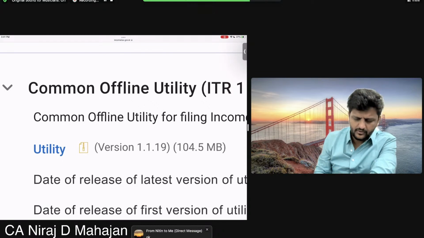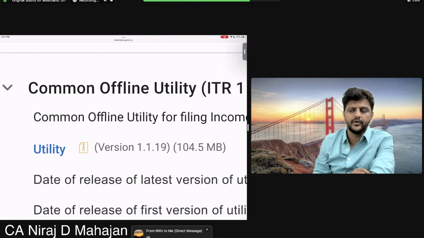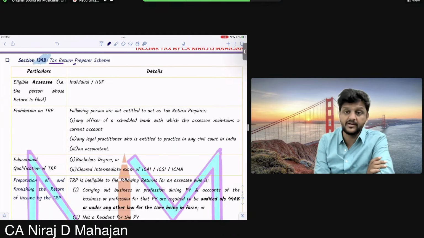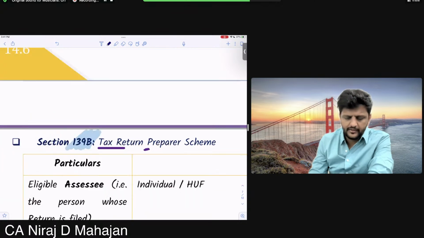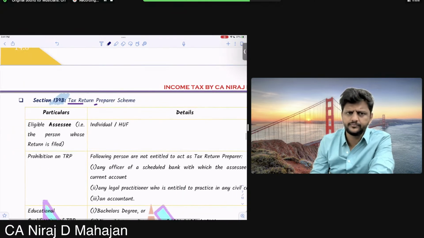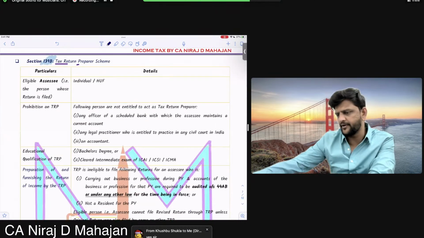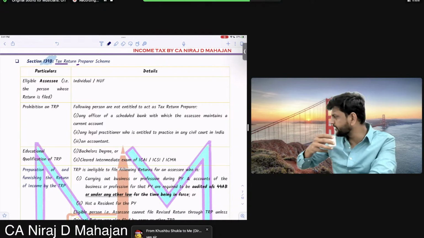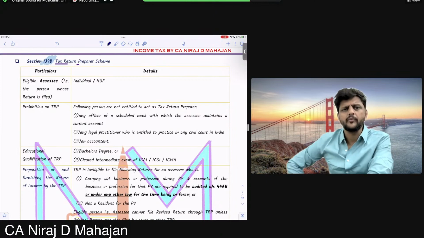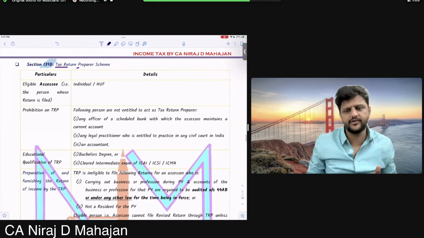Okay. So over here also, बच्चों, you can say guidance, or you can say a person who can help you with filing return is called a TRP, tax return preparer. Understood or no, everybody? Now this TRP, बच्चों, will be in a way registered with the income tax department. Registered. Like authentication, right? And now that person is eligible to file income tax returns on behalf of the assessee.